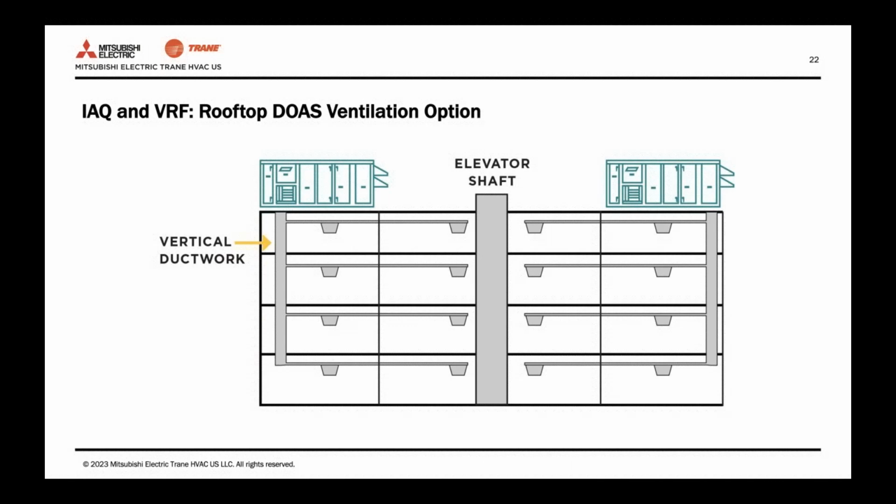Many competing designs use PTACs or packaged terminal air conditioning units to eliminate these large rooftop DOAS designs. Just remember, to bring raw outside air into a building, you need to properly cool and dehumidify the air on warm and temperate ambient days, or preheat the air on colder ambient days. PTACs, VTACs, and newer VRP HVAC designs require outside air grills on the outside of the building at every resident room location. These types of packaged HVAC systems do not have the proper coil size to dehumidify or preheat the